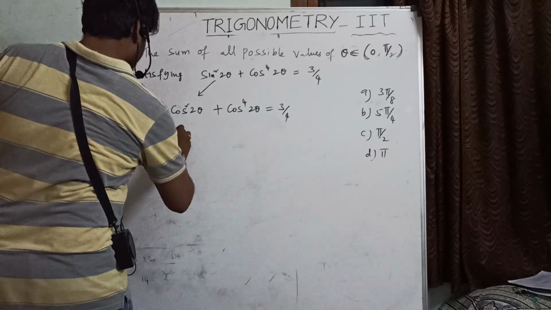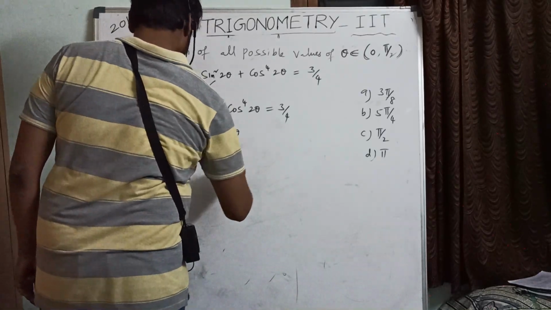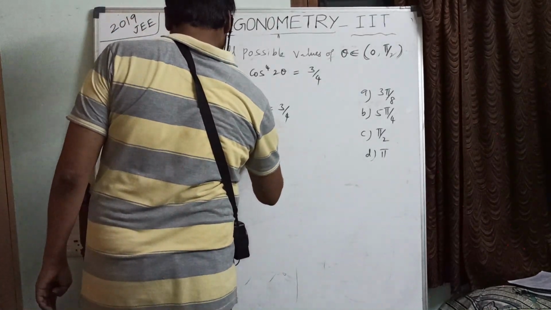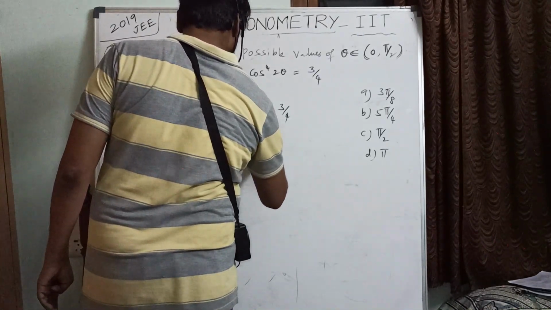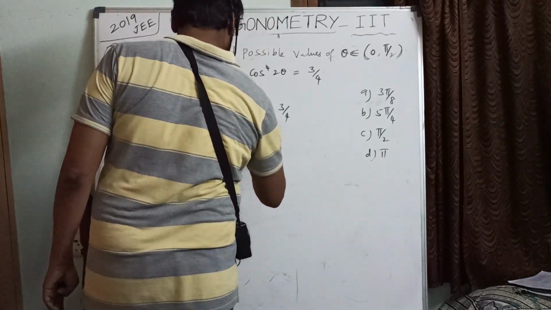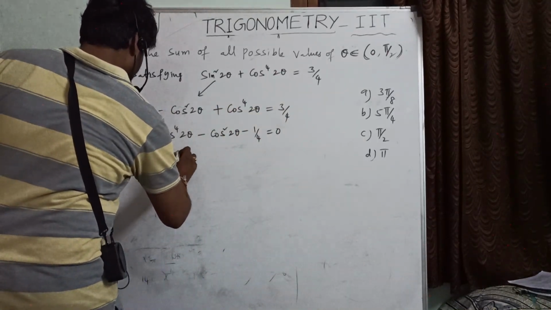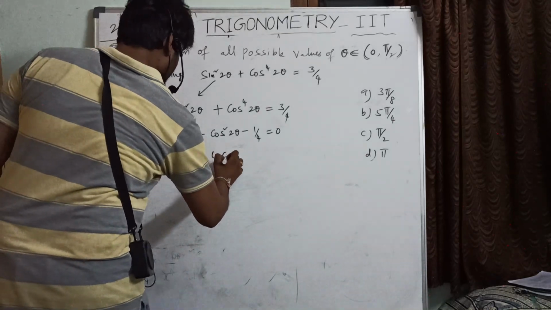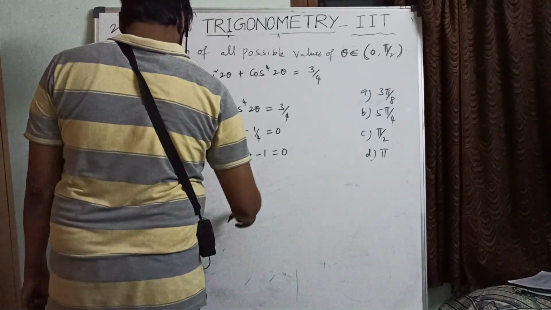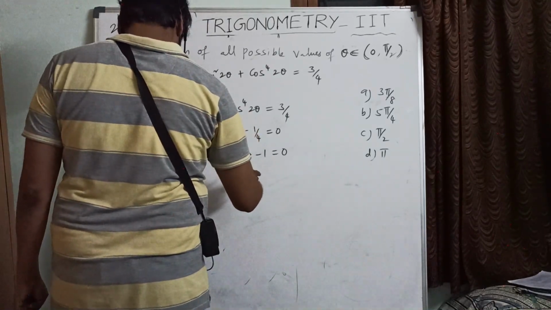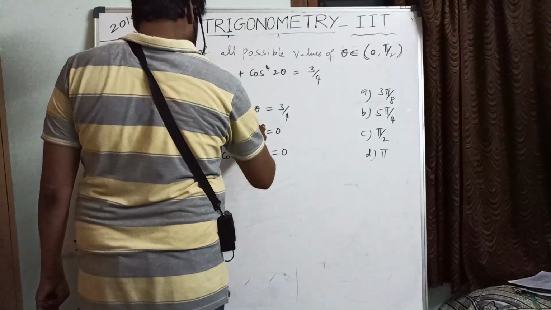So finally cos power 4 2 theta minus cos square 2 theta. Okay, so now here 1 minus 3 by 4 minus 1 by 4 plus 1 by 4 equal to 0. This will be minus 1 by 4. Okay, so 3 by 4 minus 1 by 4 comes here. That means 4 cos power 4 2 theta minus 4 cos square 2 theta minus 1 equal to 0. So by this what can I understand here? So this will be here plus 1, 3 by 4 minus 1, 1 by 4. Okay, it's plus 1 by 4 here.